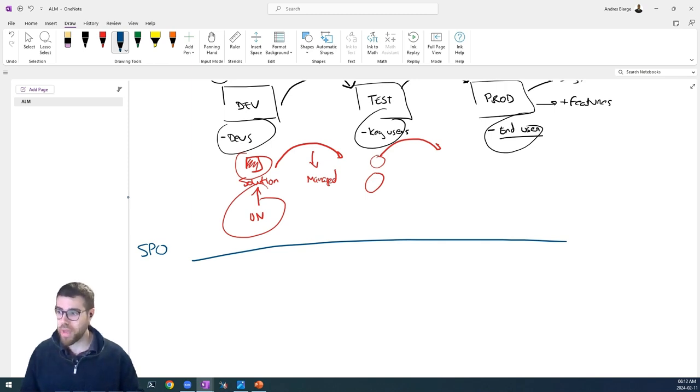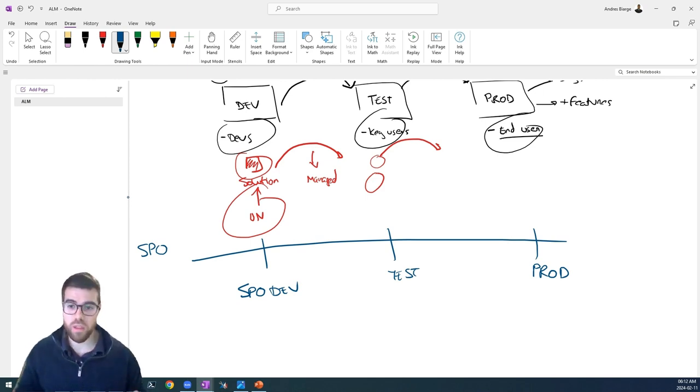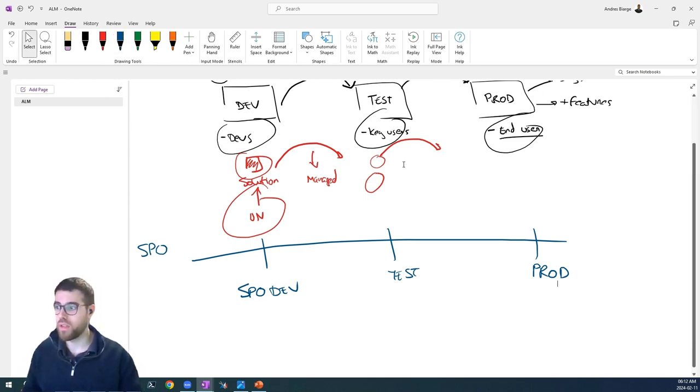So we need to match this same environment strategy here, or environment taming. So here we need to have a SharePoint site for dev, another one for test, another one for prod, because again we don't want to mess with the user's data, and we don't want to be attacking from the development environment to the production side, or any kind of thing that can